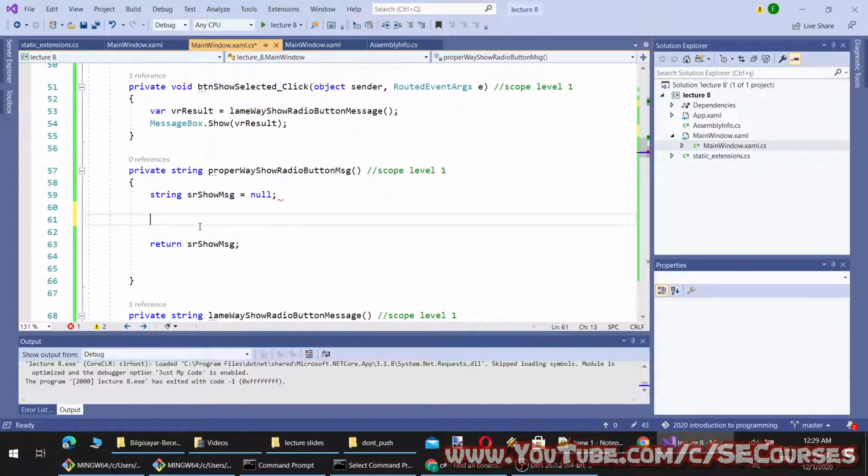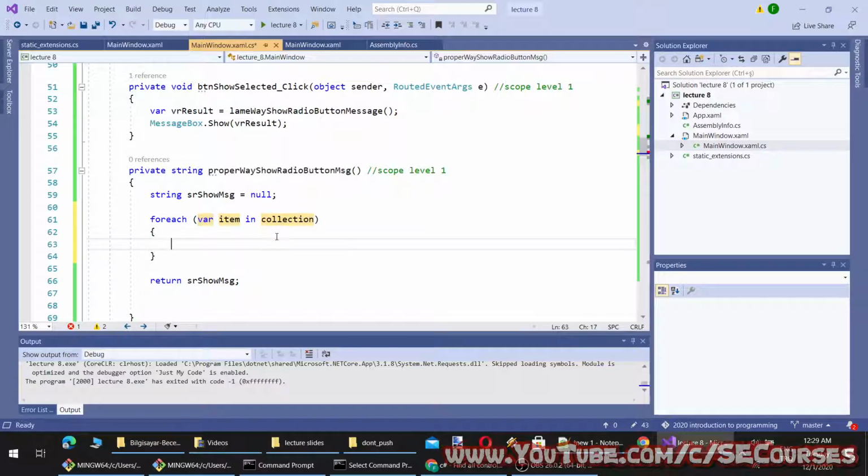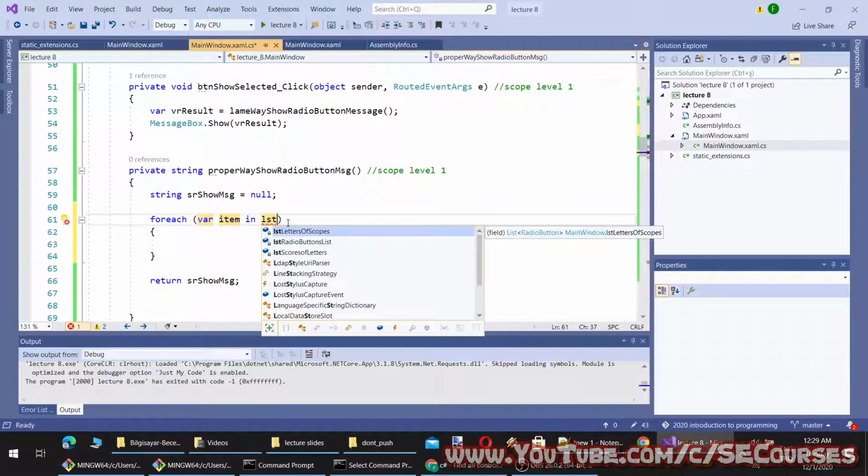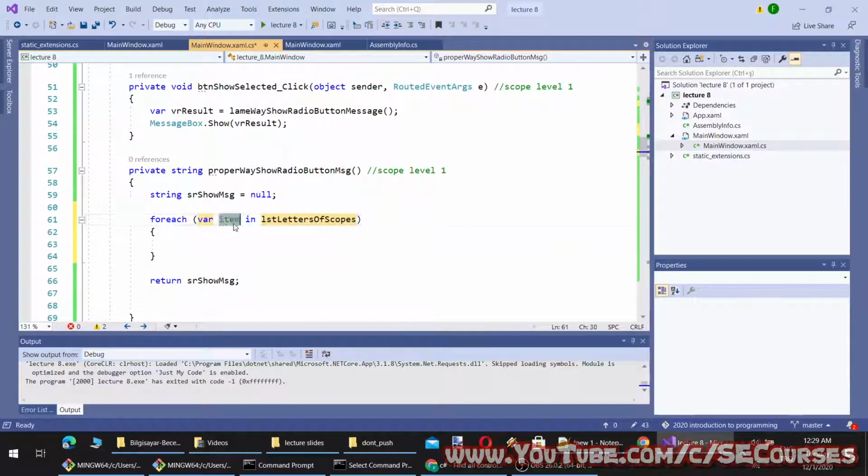So now that I have their lists generated, I can show letters of scores, button, and go to true.